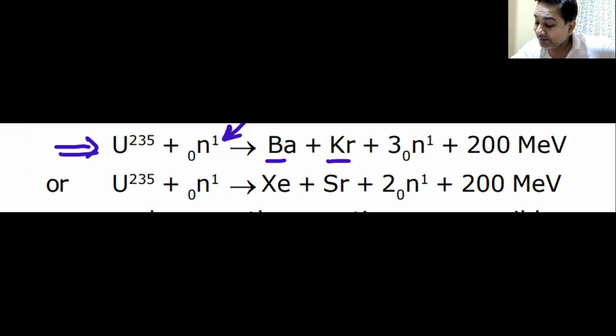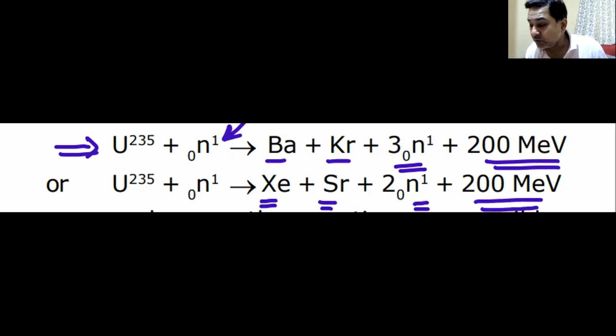Whatever is Kr. Then I have 3 more neutrons coming out, and with a tremendous amount of energy, 200 mega electron volts in one reaction. It could give Xe. It could give Sr and 2 neutrons again with a release of 200 mega electron volts of energy. These are the two reactions that you must remember and not forget, because there could be a question straightforward